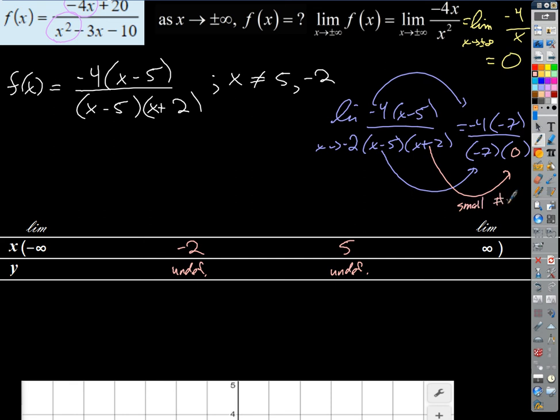It's just a number very close to 0. What's infinitely close to 0? Now think what the behavior of the function is going to be there. I'm going to get something like 28 on the top divided by what's negative 7 times a vanishingly small number? Basically 0, right? It's going to be a number that's very close to 0. So we end up with the overall behavior of this thing just being positive 28 divided by